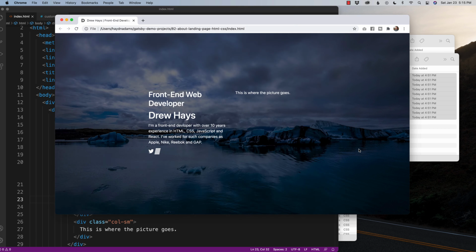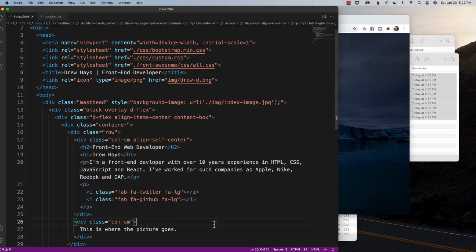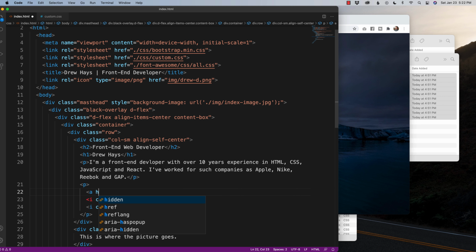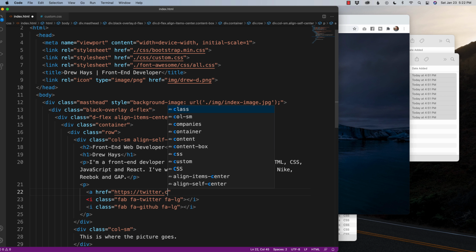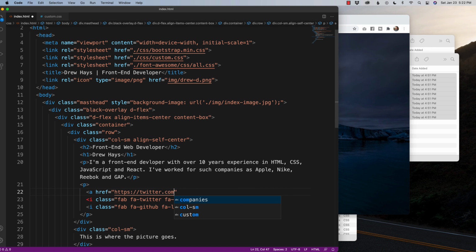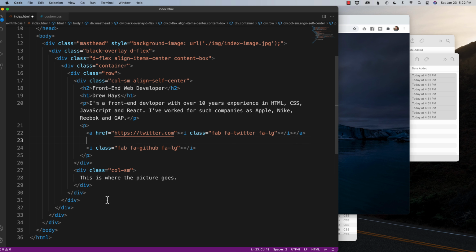So obviously these icons are not really clickable yet because I haven't provided A tags yet for these two designs. So what I want to do is inside the paragraph tag, I'm going to say a href equals https://twitter, and then whatever username you want to have in there, you can add. And what I'll do is close up the A tag. I'm going to cut this first i into the A tag. Then the second one down here, I will say a href equals